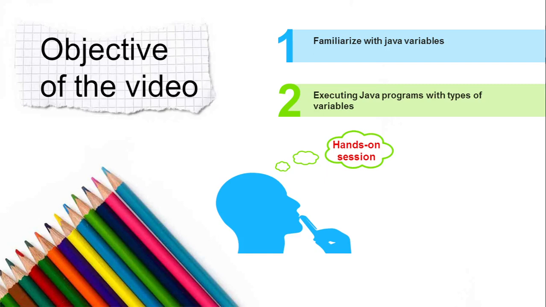Upon completion of this video, we'll be familiar with Java variables. You'll come to know what the different types of Java variables are and how they work, which type of variable you are supposed to use in which circumstance and need, and obviously you'll come to know all these things with the hands-on session. We'll execute some programs in front of you using Eclipse software. Eclipse IDE is a very standard IDE for Java. We'll use the Eclipse IDE and show you all these things.